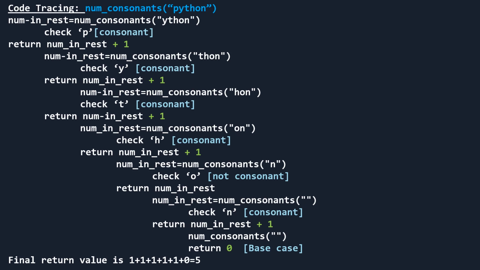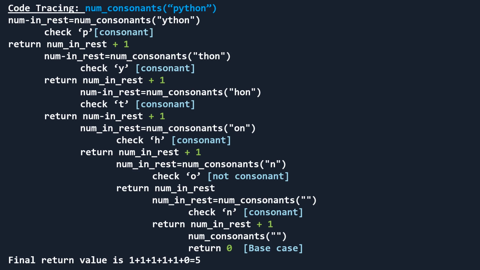Now it will check the value t, which is the first value of the string thon. So t is a consonant, so again it will return num_in_rest plus 1. Now your num_in_rest becomes num_consonants, the recursive function called with a value on. Now it will check for h, since h is a consonant, so it will return num_in_rest plus 1.